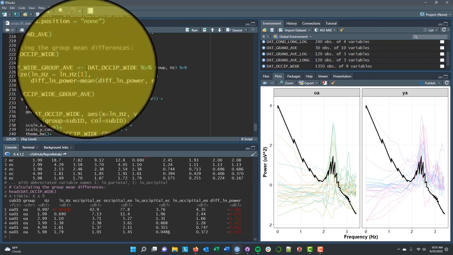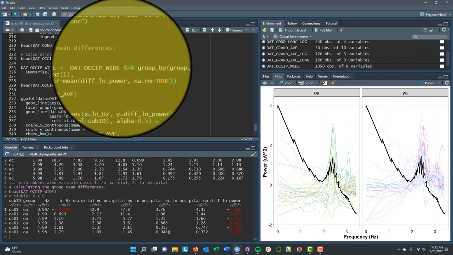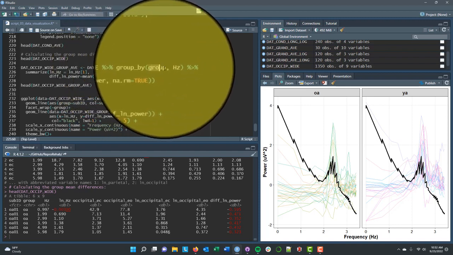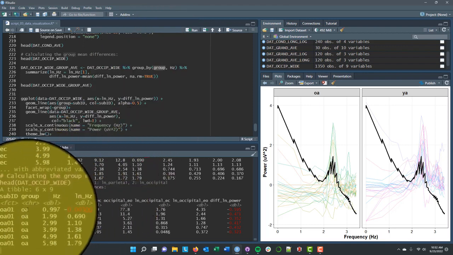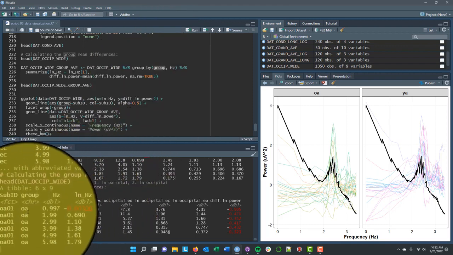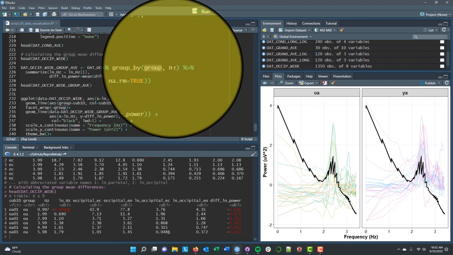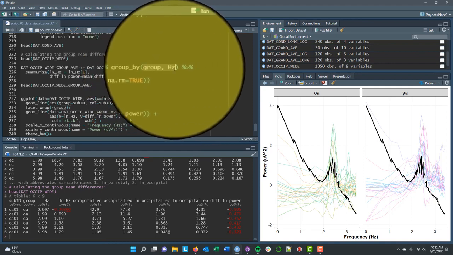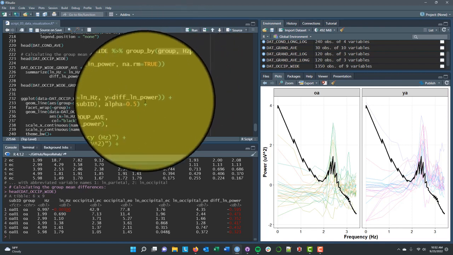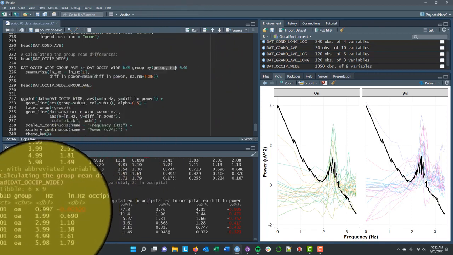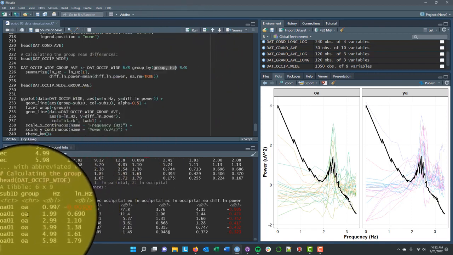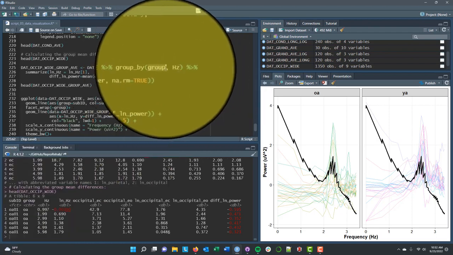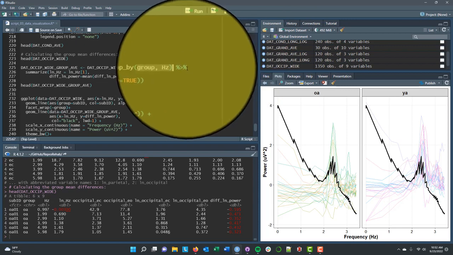And I'm going to take my wide format occipital data, and pass it through a pipe into the group by function, where I'm going to group it by group, right? So I want the older adults to be one group and the younger adults to be one group, and hertz, because what I would like to do is average across people to get the average difference for the older adults at 1 hertz and the average difference for the older adults at 2 hertz. So I'm going to group it by both age group and hertz, and then pass that into